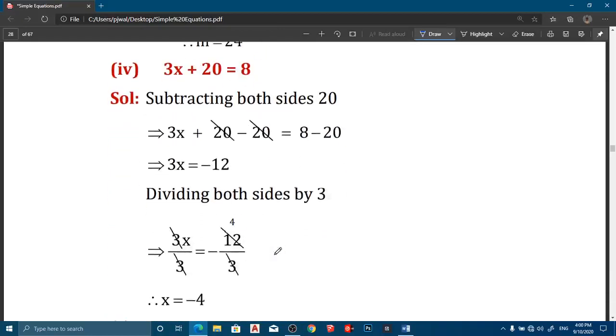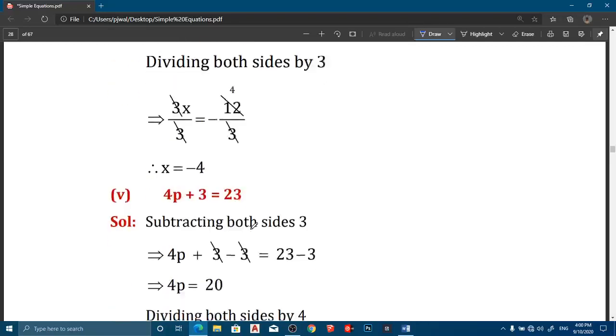3x plus 20 is equal to 8. So here we want only the x value. So plus 20, we can subtract from both sides here. So remove this plus 20. So minus 20, minus 20. Plus 20 minus 20 gets cancelled here. Here 3x is equal to 8 minus 20, which is minus 12. Now we want x only here. So divide both sides with 3 here. So remove this into 3. So this 3 and 3 gets cancelled here. Here 3 4 times. So now you'll get x is equal to minus 4. Since there is a minus sign in front of this, you have to take the minus sign to this numerator. Minus 4 is the answer.